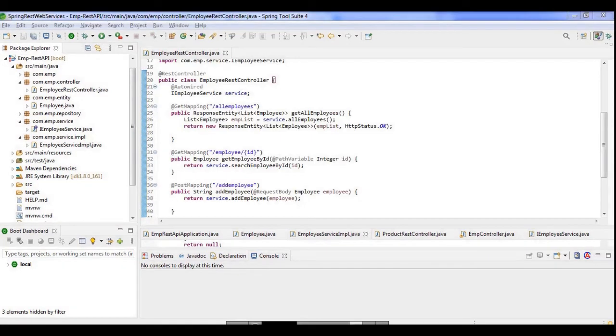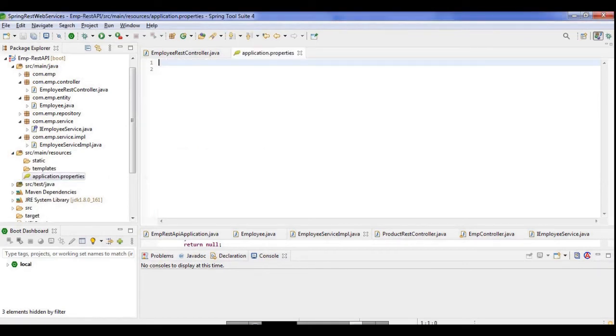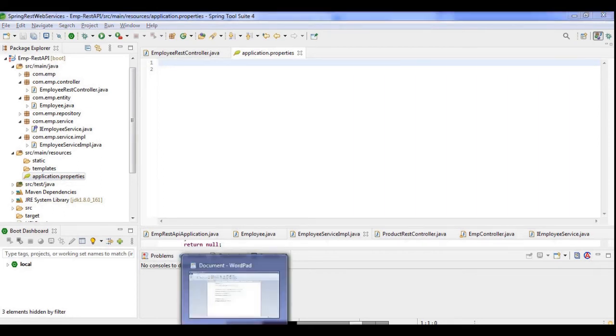Now I have to open my application properties file and add some settings. It holds information like the server port number and the application context path. So let me copy it from here.